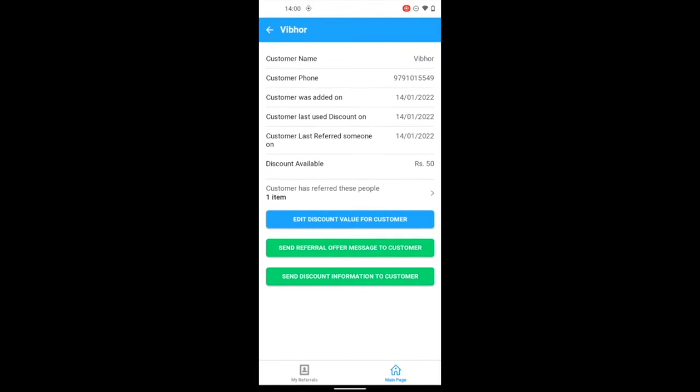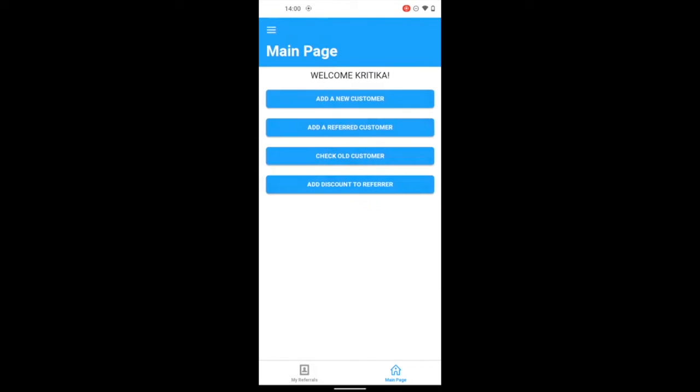Let's go back to the app. Now let's say Vibhor has come back to our shop after a few days because he knows that he has a discount available. And he says, hey, I want to buy something from you. This is my bill and this is what the purchase amount will be like. Can you check if I have any discounts left? So what we will do is we will click on check old customer,